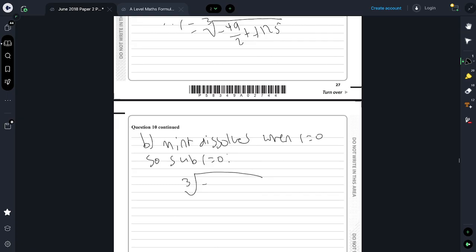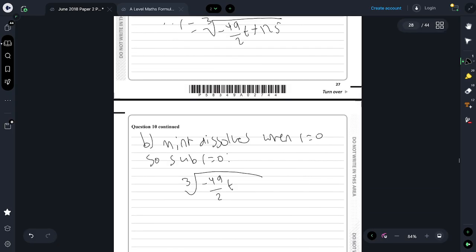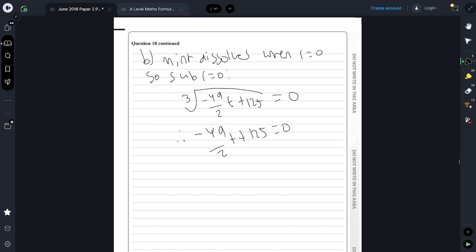Well, cube root of -49 over 2t, actually, make that clearer, plus 125 has to equal 0, right? But we can cube both sides. So we can simply then say that -49 over 2t plus 125 equals 0. Then we can say, therefore, 49 over 2t is 125, which is great because that said time has to be positive. And then, therefore, t times by 2 over 49 gets you 250 over 49,